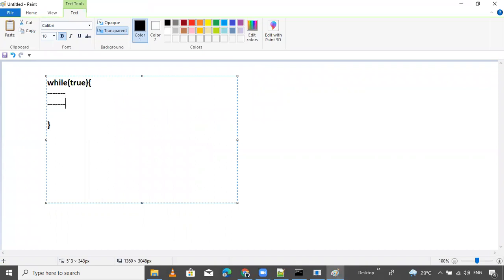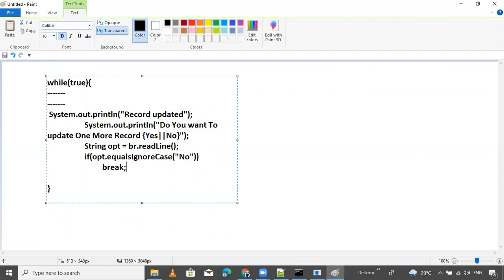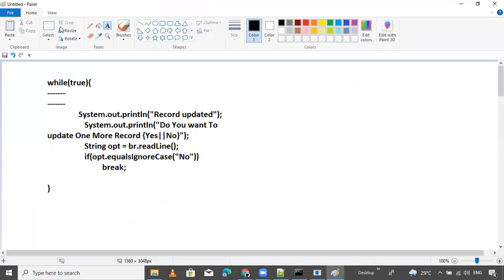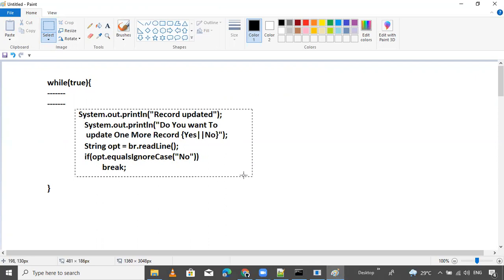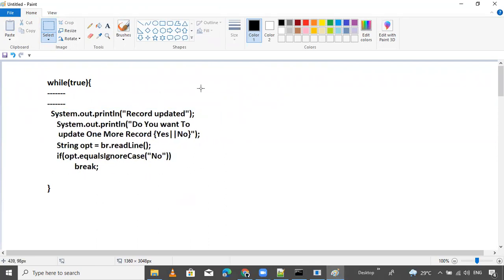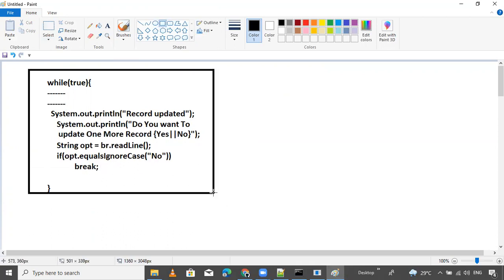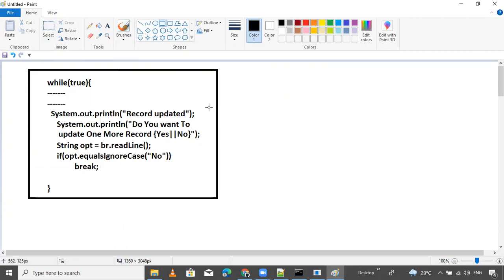Some logics are there, so provide this. After this, this is for asking the user, yes or no. Now it's good. This is for asking the user for dynamic input. Okay.